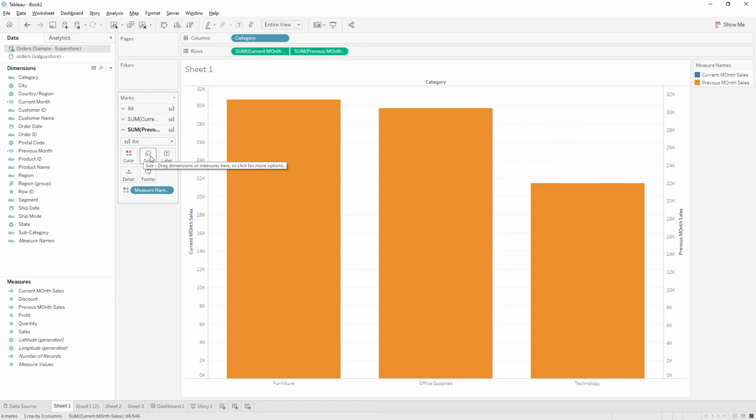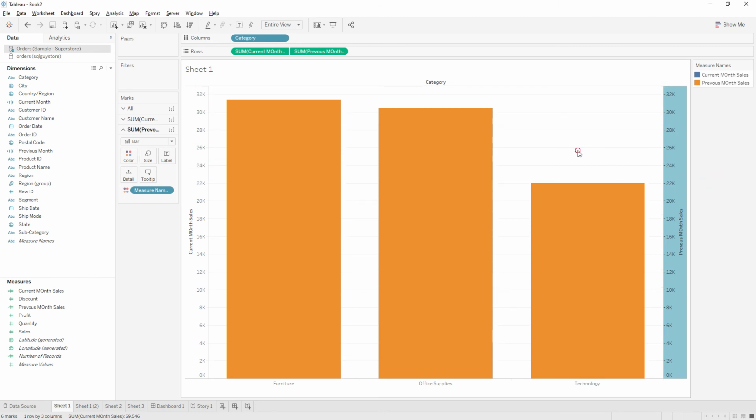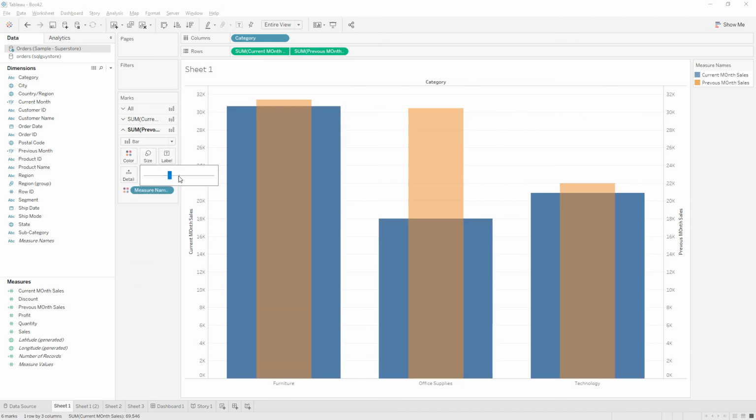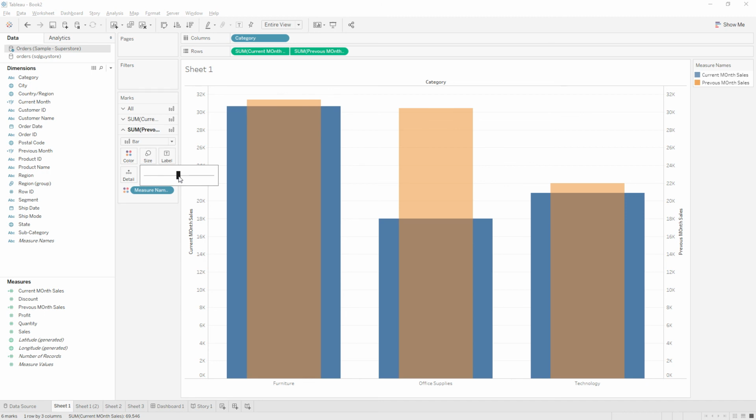And you need to synchronize the axis. So now you can see the comparison, current month and previous month sales. Orange color we are seeing the previous month sales, and current month sales we are seeing in blue color.